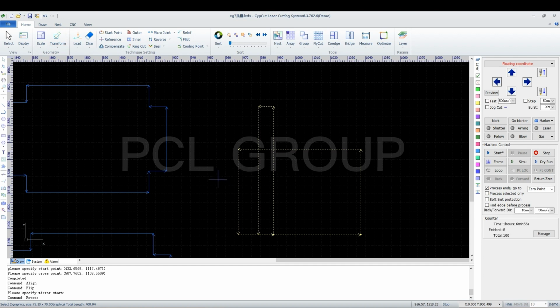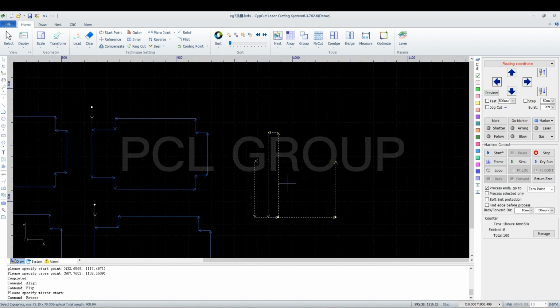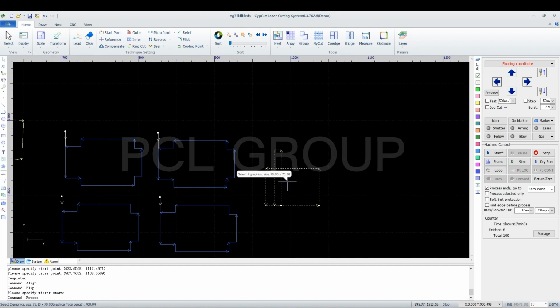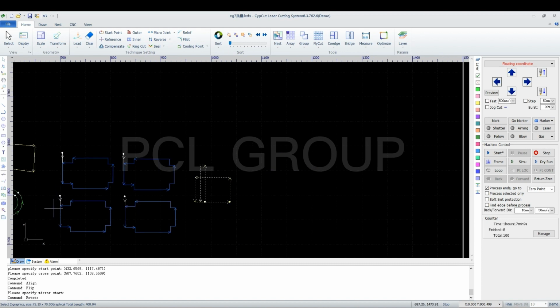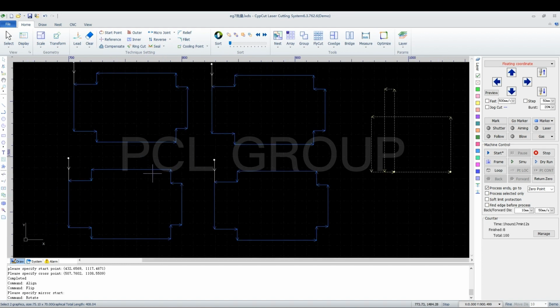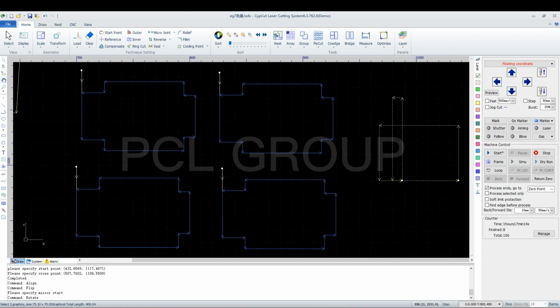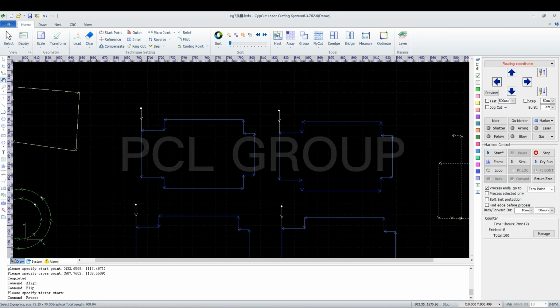And when we laser cut parts, we make the cutting path start from several millimeters away from the part. This way it could get cut much better. The distance is what we call the lead. When we set a lead, first we select the graphic. Then click the lead